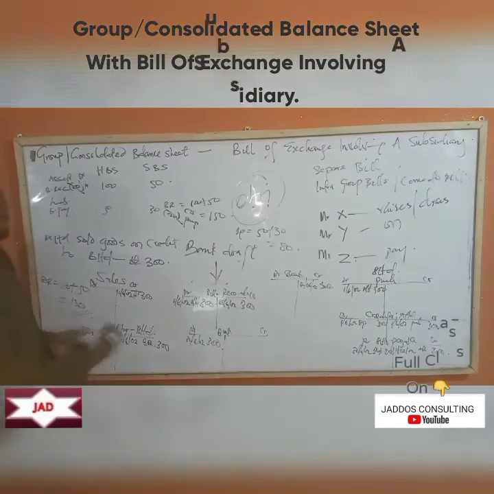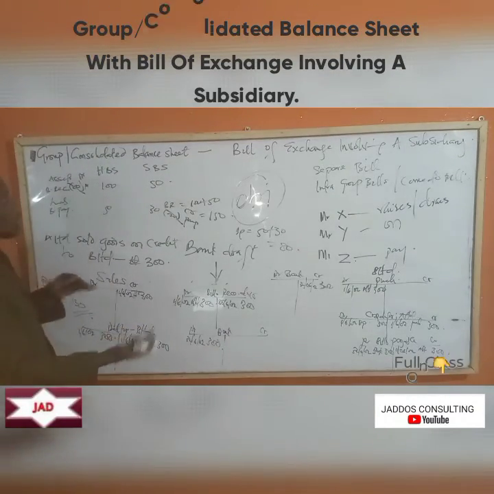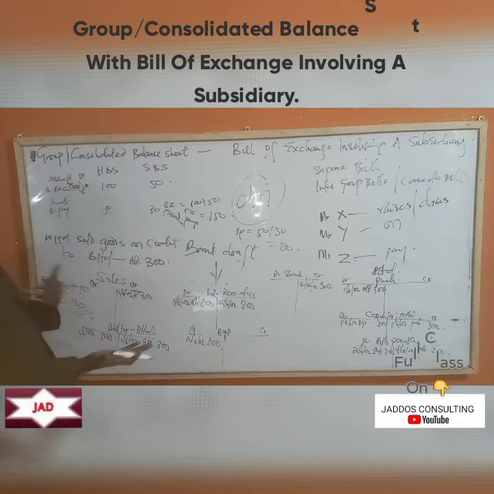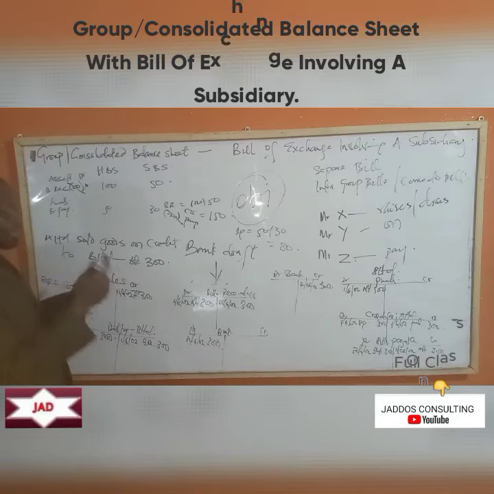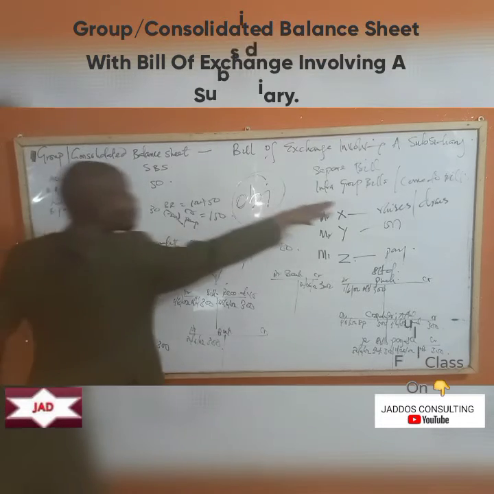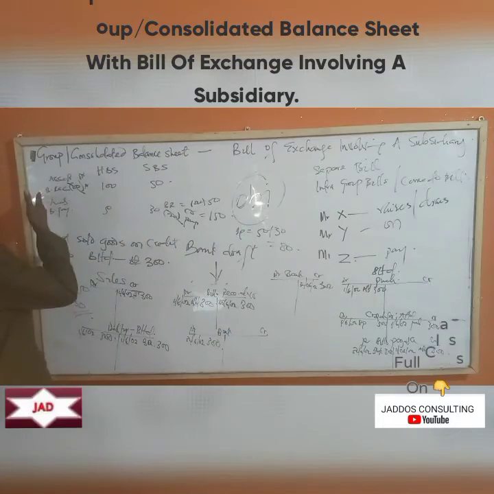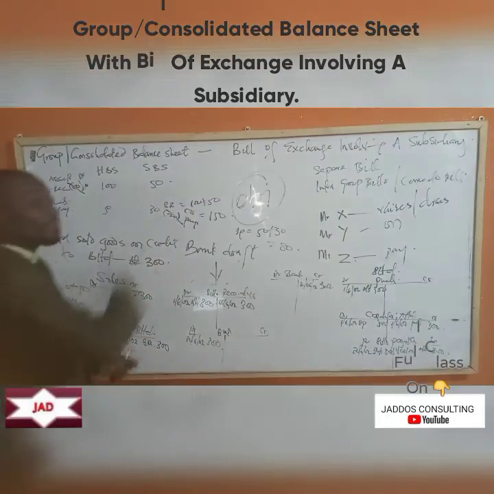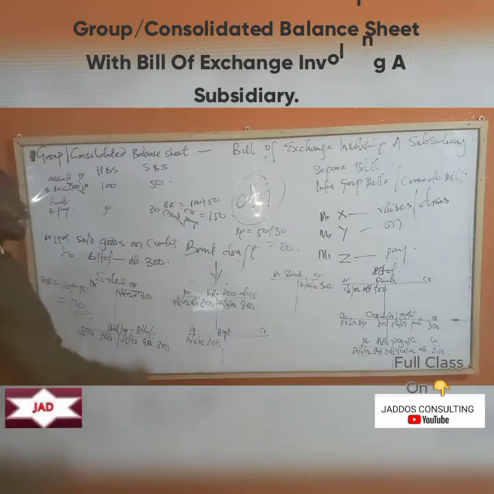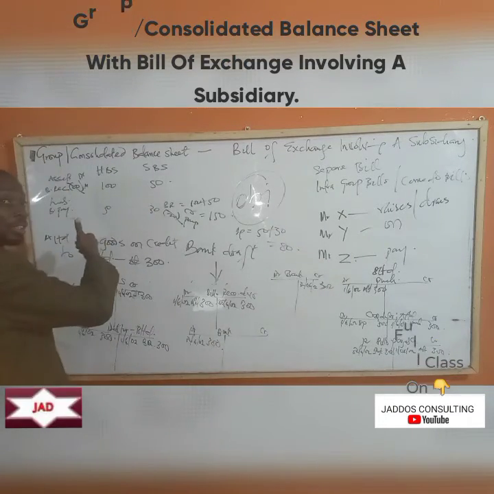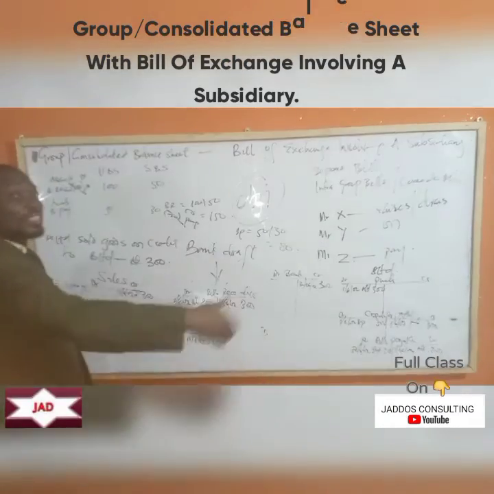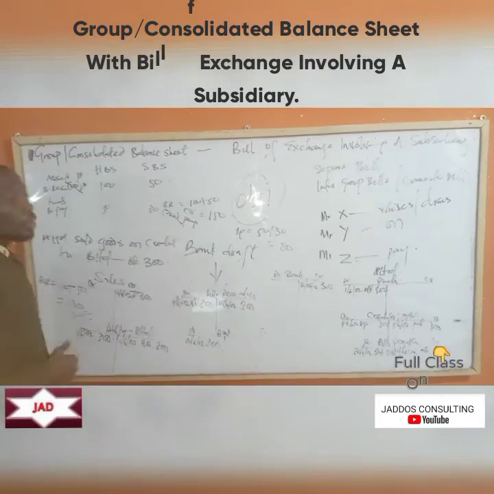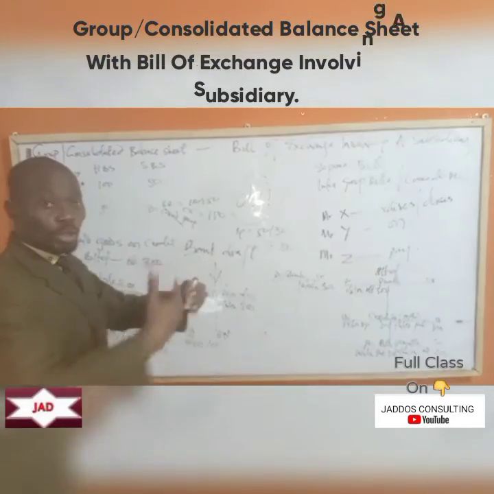Okay? So, of course, you understand what I mean now. It could be the other way around as well. What I'm saying is that in intra-group bills, the holding company can have receivables from the subsidiary, and the subsidiaries can have receivables from the holding company. The holding company can have payables to the subsidiary. The subsidiary can have receivables from the holding company. So you have to be able to